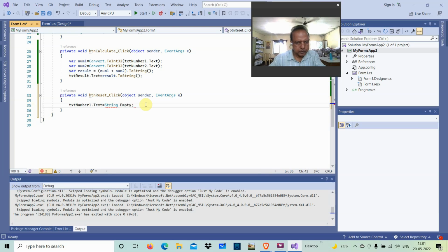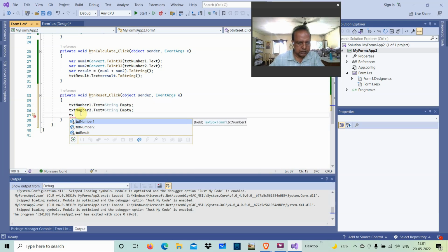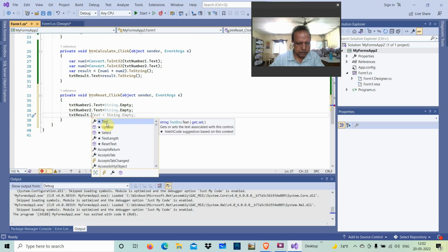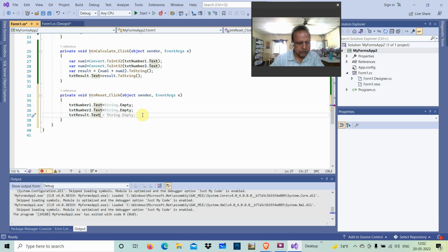So tab, then enter. The second one is also coming, tab, then enter. Then the third one, text number three dot text. Okay, what is that one? I think the last one is the text result. So txt text result, dot text, is equal to string dot empty. Just press tab. So once you finish all the things, just save it with Control S, and once you run it here,